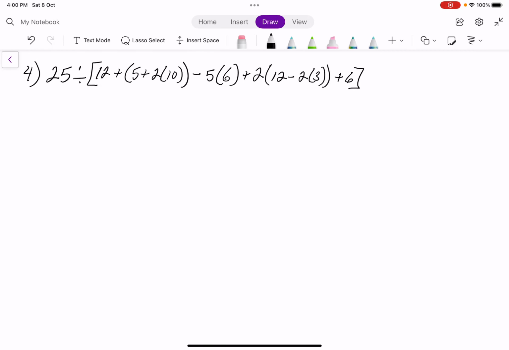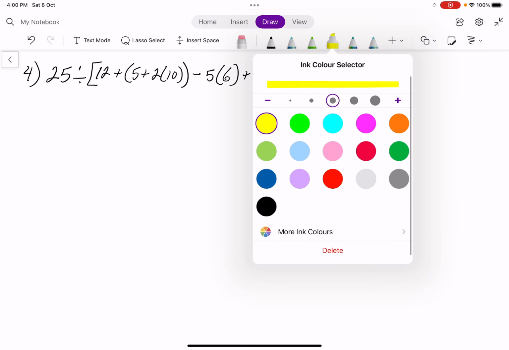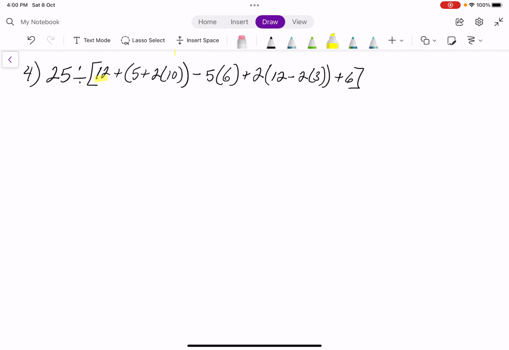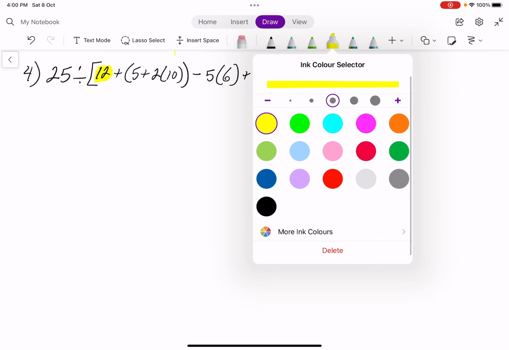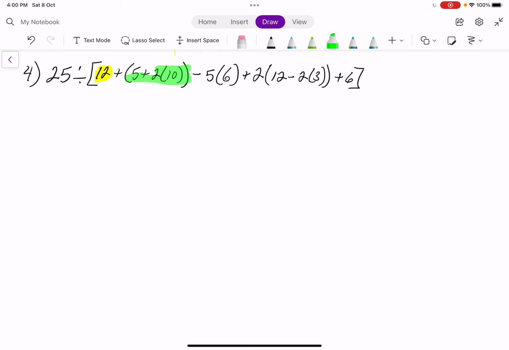So here we actually see it's 25 divided by, and then all of this remaining part is in a bracket. So I'm just going to focus on the inside of that bracket then. On the inside of this bracket, we just have this 12. Because now we have the plus sign, it's breaking up into its parts. So after the 12, from the plus sign to the minus sign, we have this next part that we're going